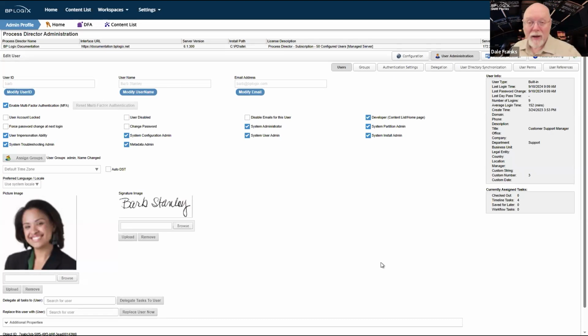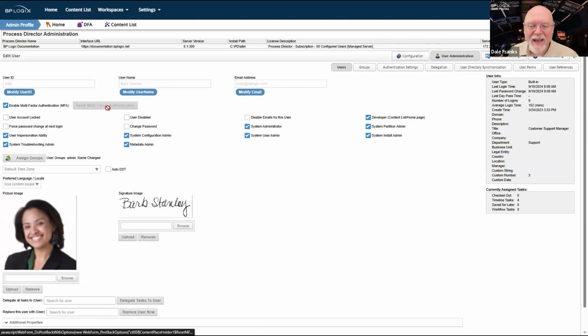However, if I lose my authenticator device, or I inadvertently get rid of Authy for some reason, I don't want other people who now have access to my old authenticator to be able to log in. So what I need to do is click Reset Multi-Factor Authentication. That will invalidate the seed that was used to generate the 6-digit code every 30 seconds, which means that none of those old codes from the old system will be valid.